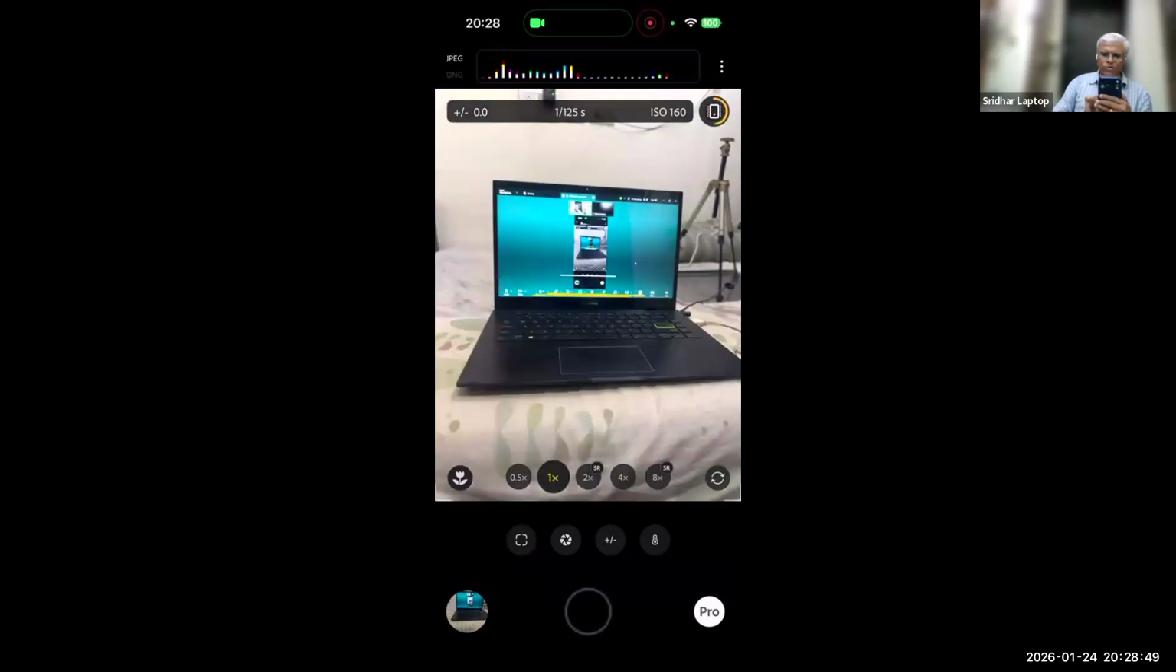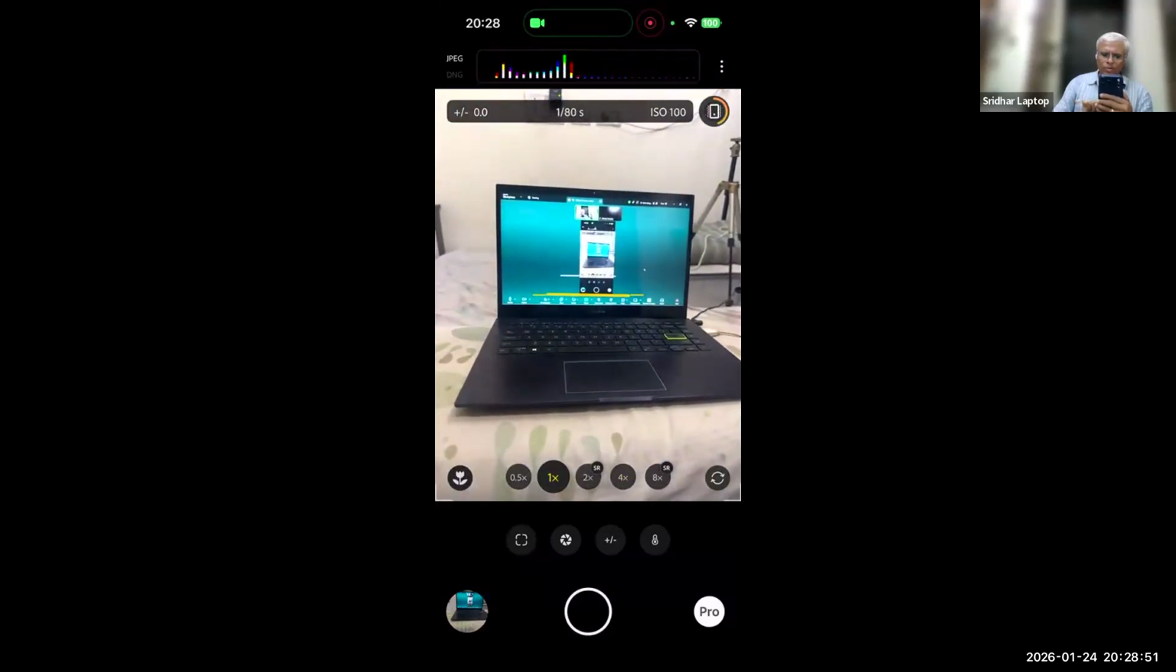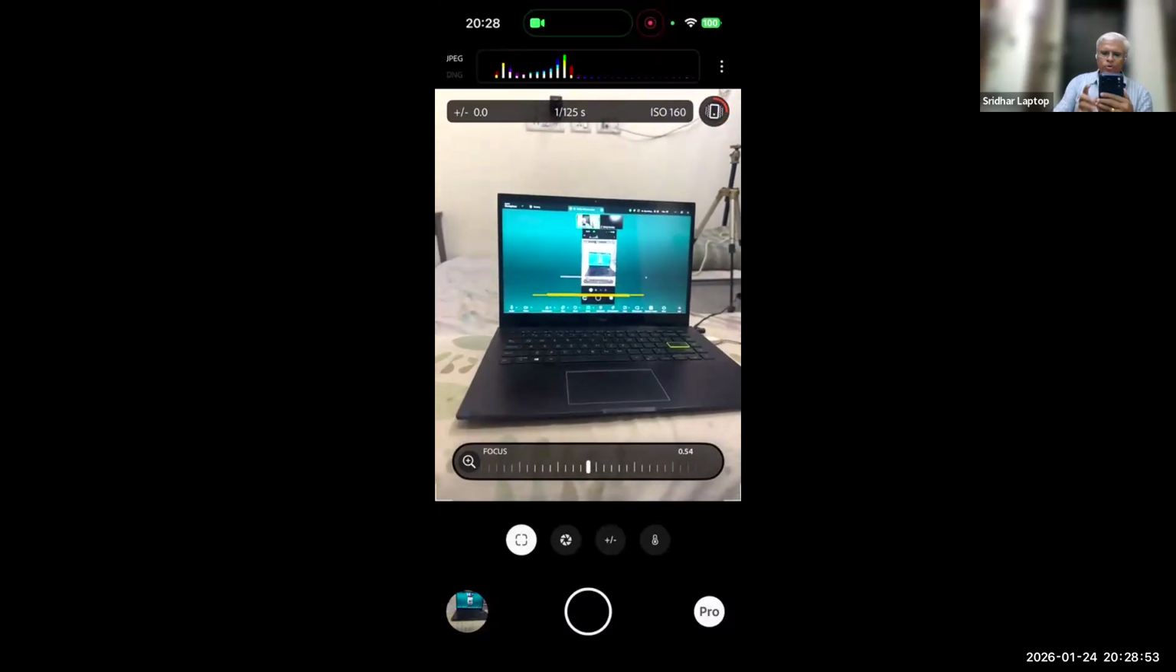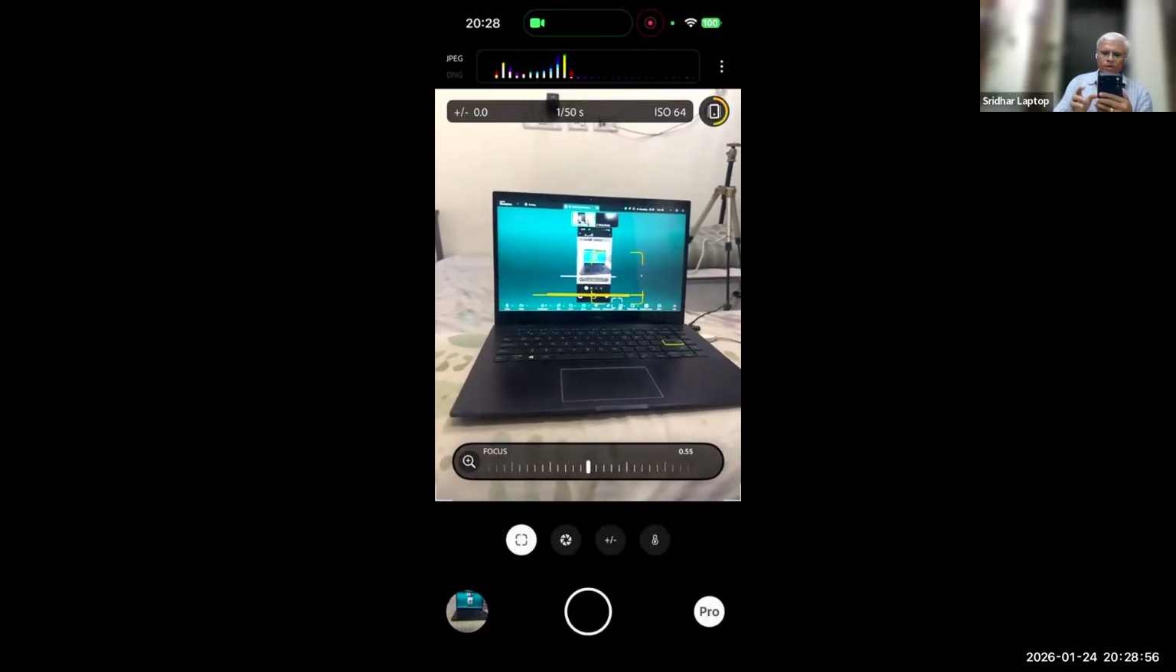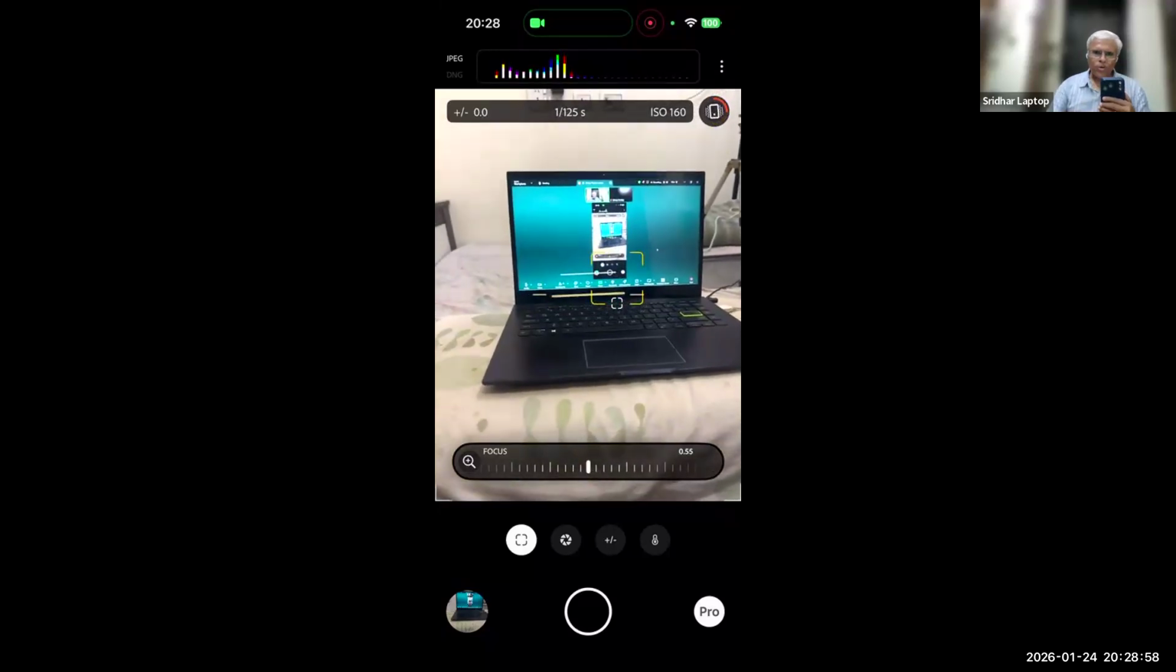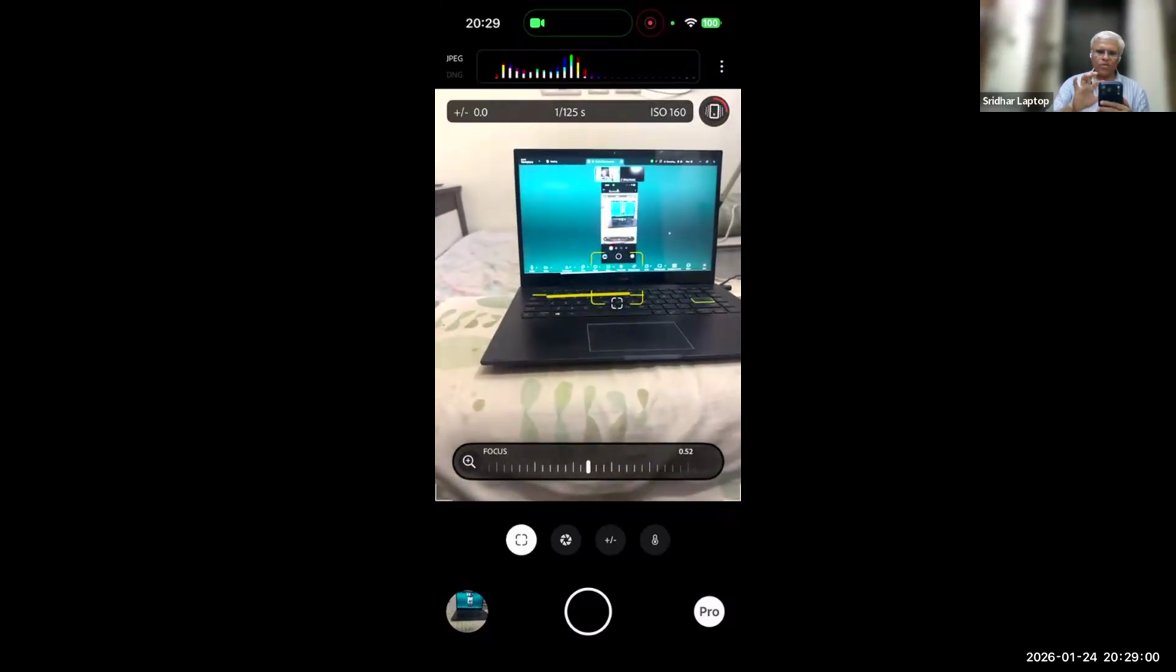Oh, it's in 4x mode. Okay. So this is why. So when I go to focus, it is showing you that the focus is around 0.5 meters. Okay. So I'll stop the sharing of this